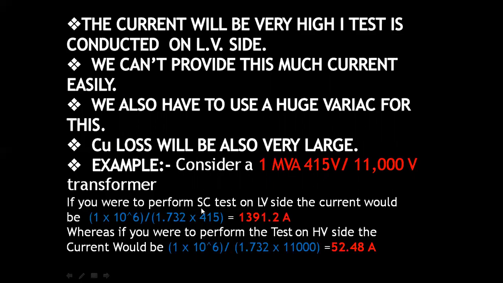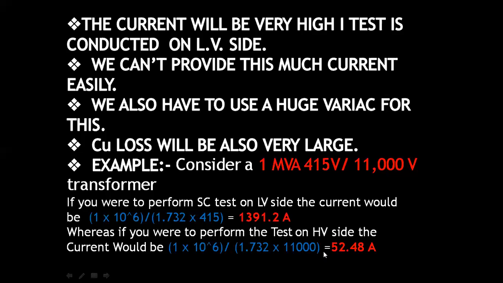If the short circuit test is performed on the low voltage side, the current will be 1 MVA, that is 10 to the power 6 VA, divided by root 3 into 415, that is 1391.2 ampere. If it is performed on the high voltage side, the current will be 1 into 10 to the power 6 divided by 1.732 into 11000 volt,